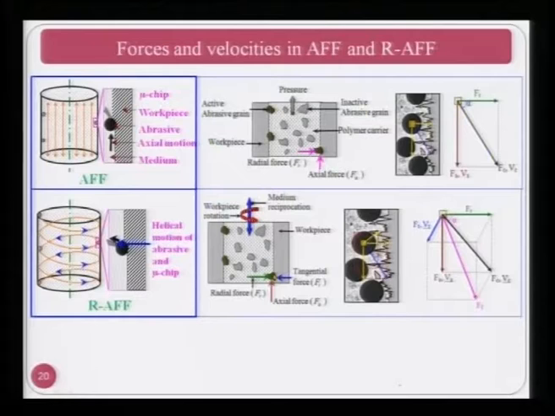Now, this tells you clearly the difference between the abrasive flow finishing process and the rotary abrasive flow finishing process. This we have already seen: in abrasive flow finishing, the medium is moving up and down due to the upper medium cylinder and lower medium cylinder. You can see the abrasive particle penetrating due to the radial force Fr, and it removes the material in the form of a microchip, shown over here, due to the axial force, that is Fa. This is clearly shown in the middle figure. Fr is the radial force and Fa is the axial force.